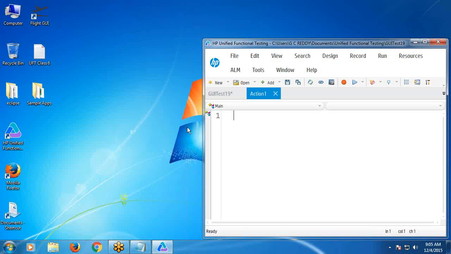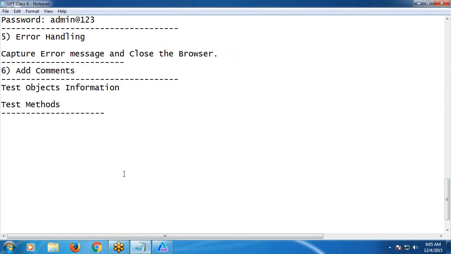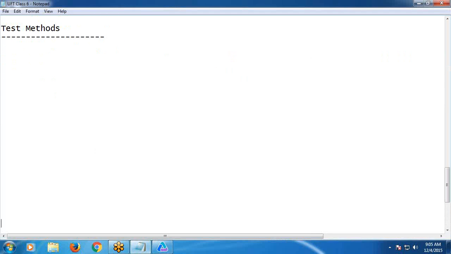Next, technical information. Technical information will be test object information and test method information. Good. See, these are the prerequisites. Next, before going to discuss keyword-driven methodology, means generating tests manually using shared object repositories. One more topic,